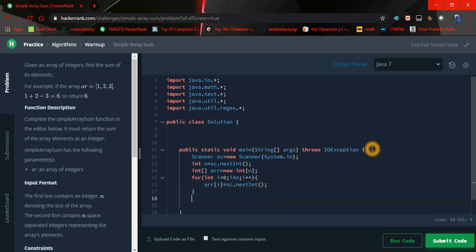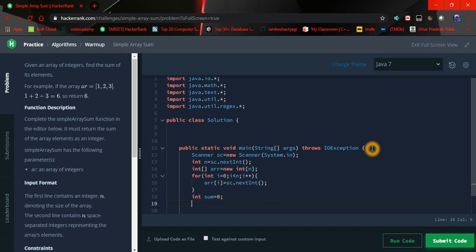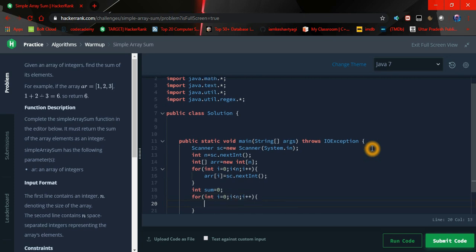Now I'm going to take another variable of integer type, which is sum, and let's assign 0 to it. Now I'm going to use another for loop for calculating the sum. So int i equals 0, i less than n, i plus plus, and now I'm going to assign sum equals sum plus ar[i].